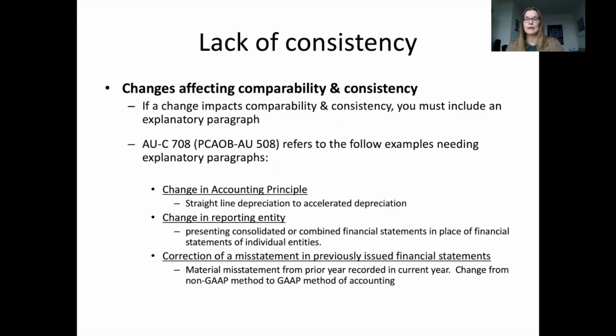So this would happen if initially we issued an unqualified opinion, we thought everything was fine, but later on we found out, hey, these financial statements need to be restated. There is some big error in them that we didn't catch, right? So the auditors failed, and then we need to acknowledge that we've gone back to correct these prior year financial statements. These are things thought to impact both comparability and consistency.